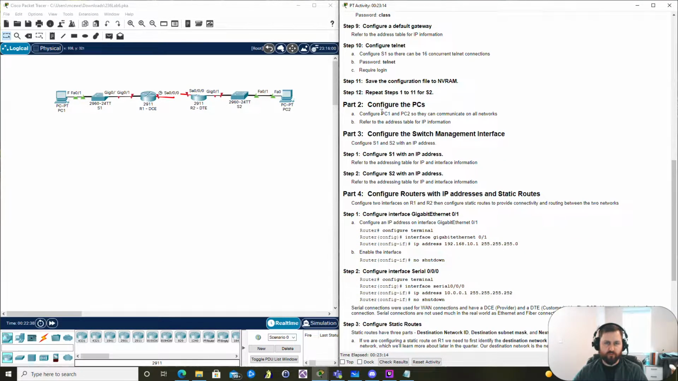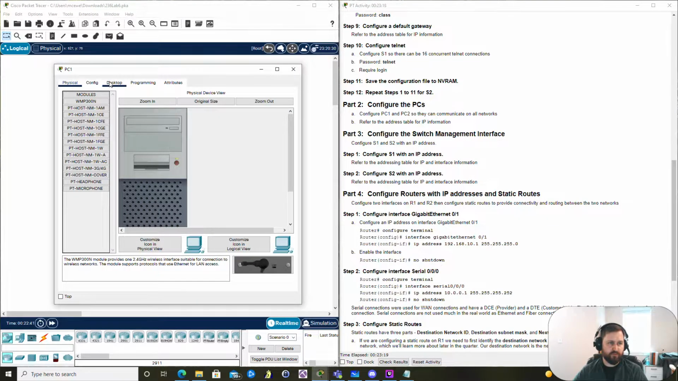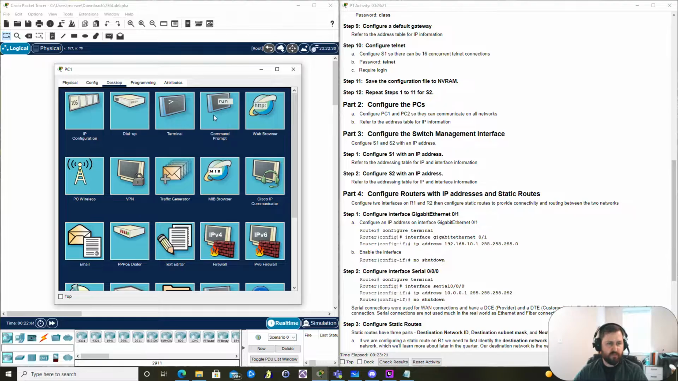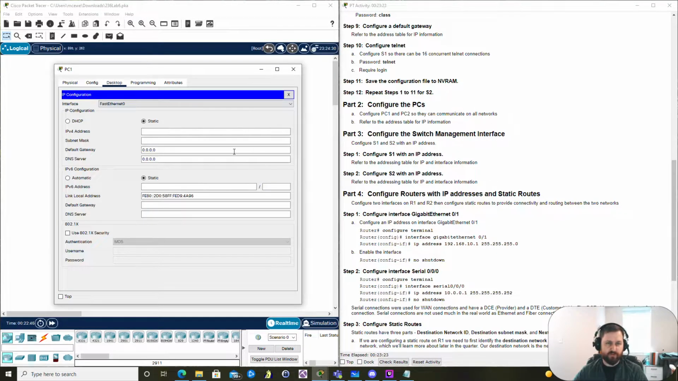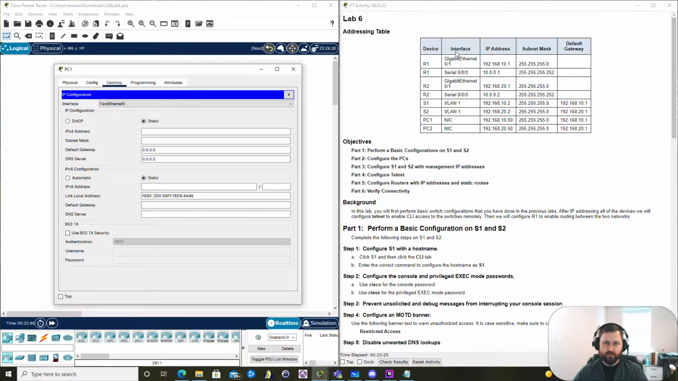Part 2, we're going to configure the PCs. So we're going to go over to PC1, go to our IP configuration, and go up to our addressing table here, and input what we need for our addresses. So we'll say 192.168.10.50. Our mask is 255.255.255.0, and our default gateway is